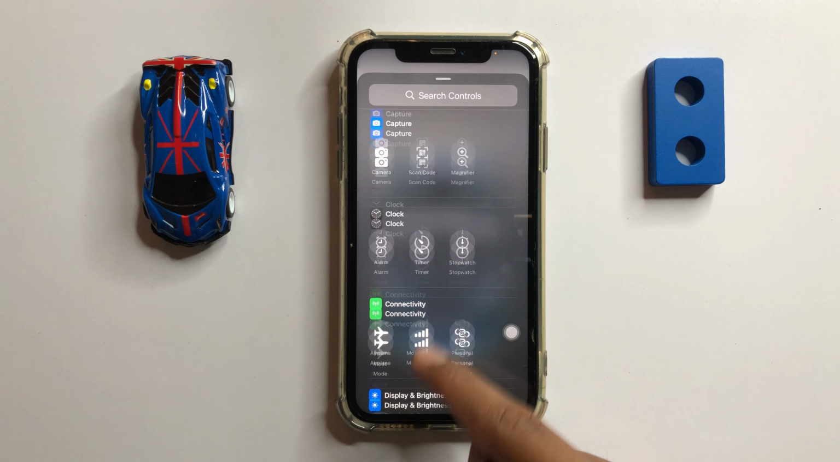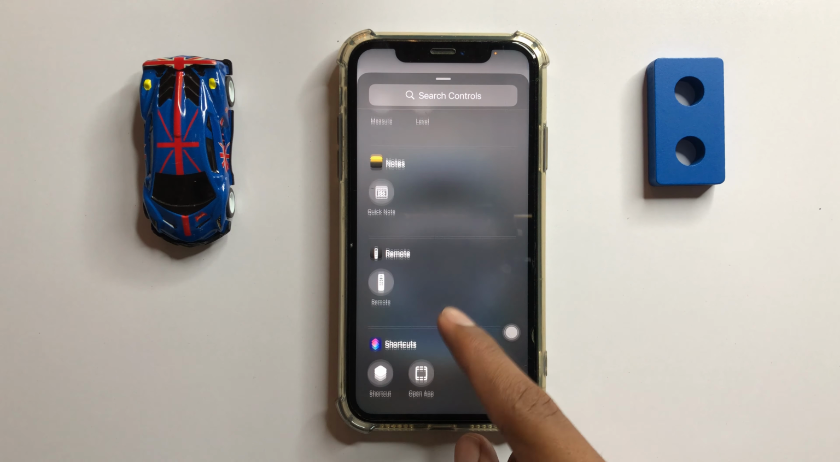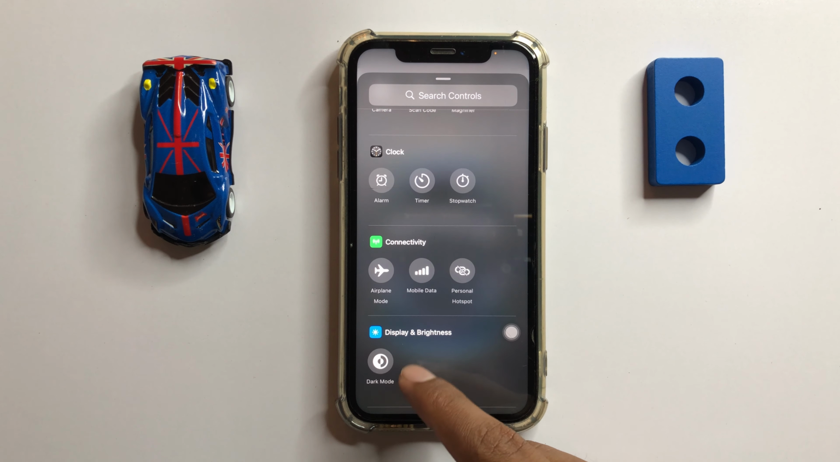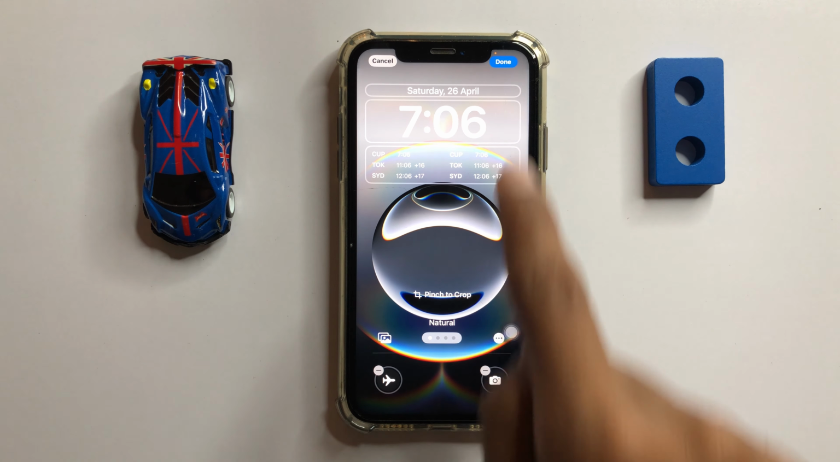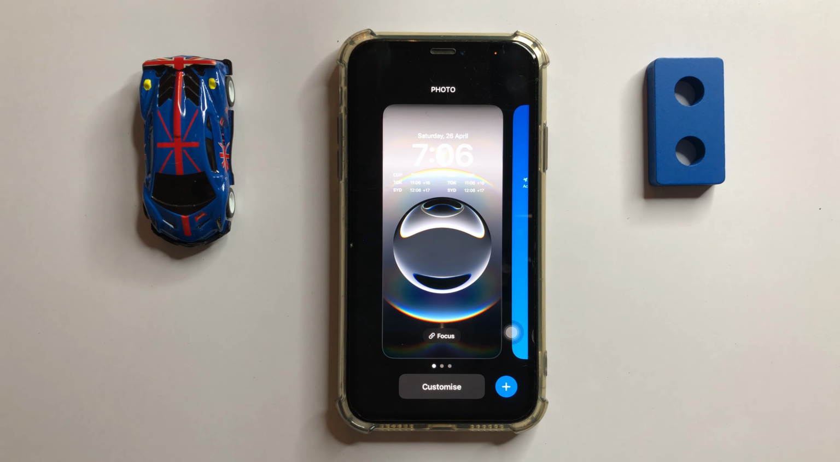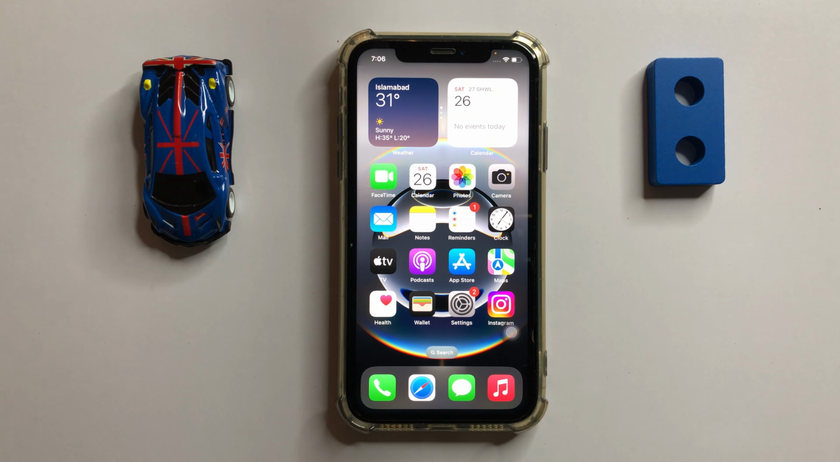on plus, and here you can add another icon like airplane mode and then click on done. So this is the way to remove flashlight from lock screen in